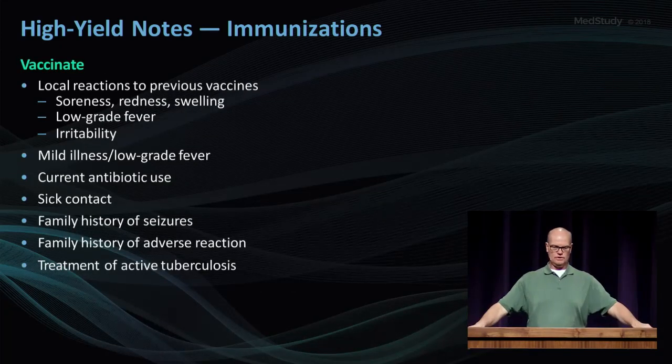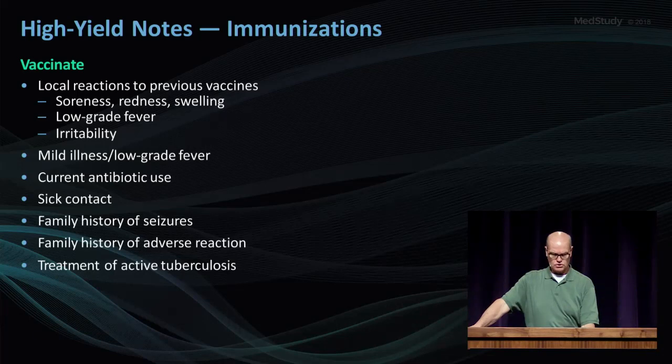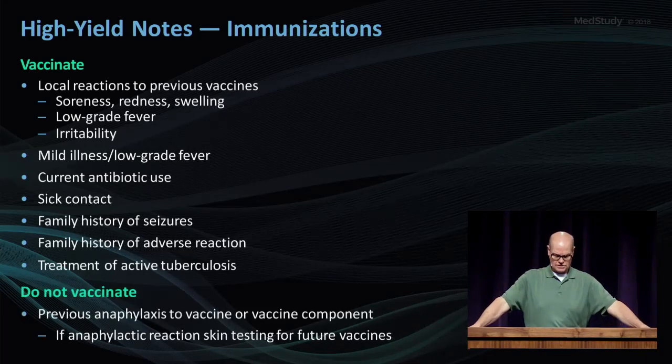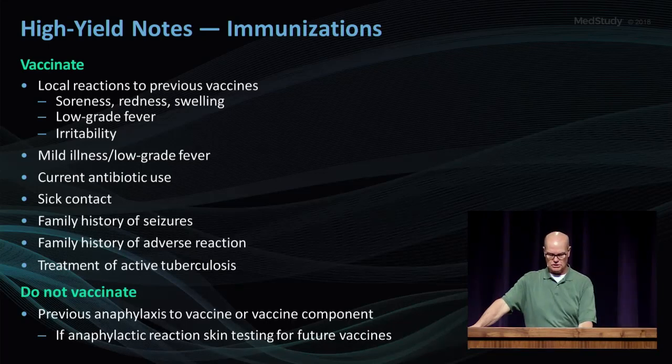Vaccinate with a history of local reactions, mild illness, current antibiotic use, sick contacts, family history of seizures or an adverse reaction, and vaccinate during treatment. That's the key word, treatment of active tuberculosis. Do not vaccinate if there is any history of a previous anaphylactic reaction to a vaccine or to a vaccine